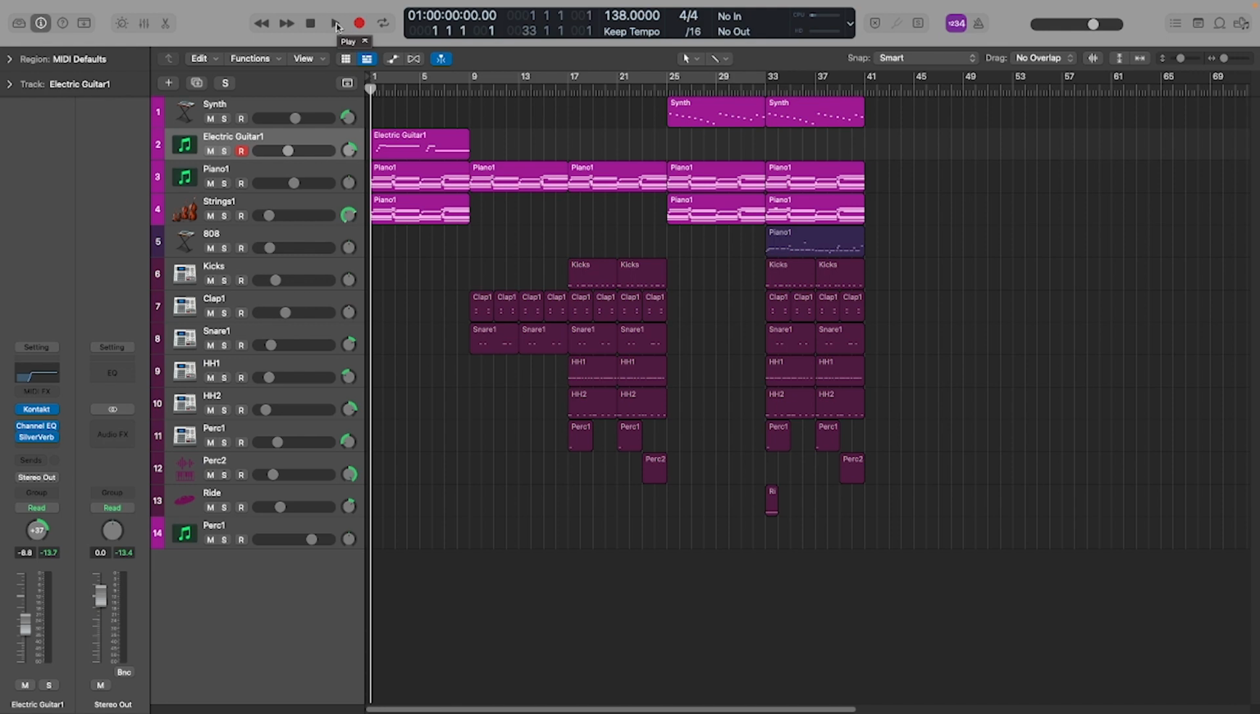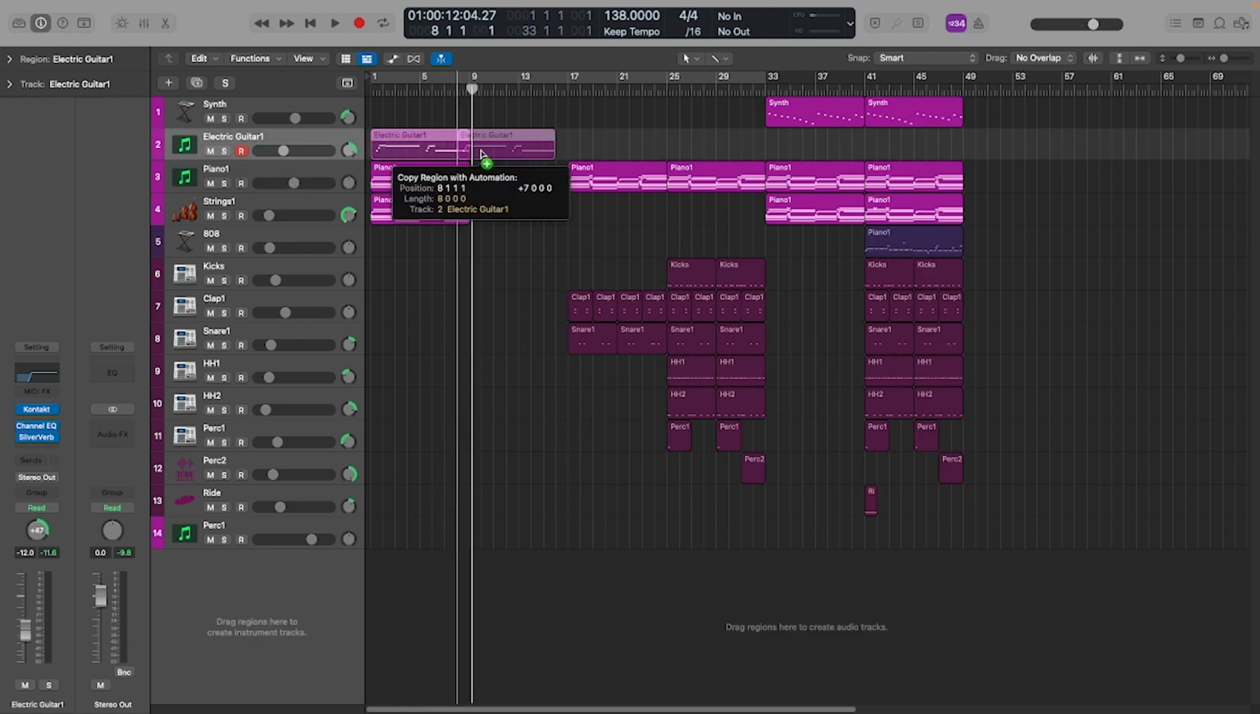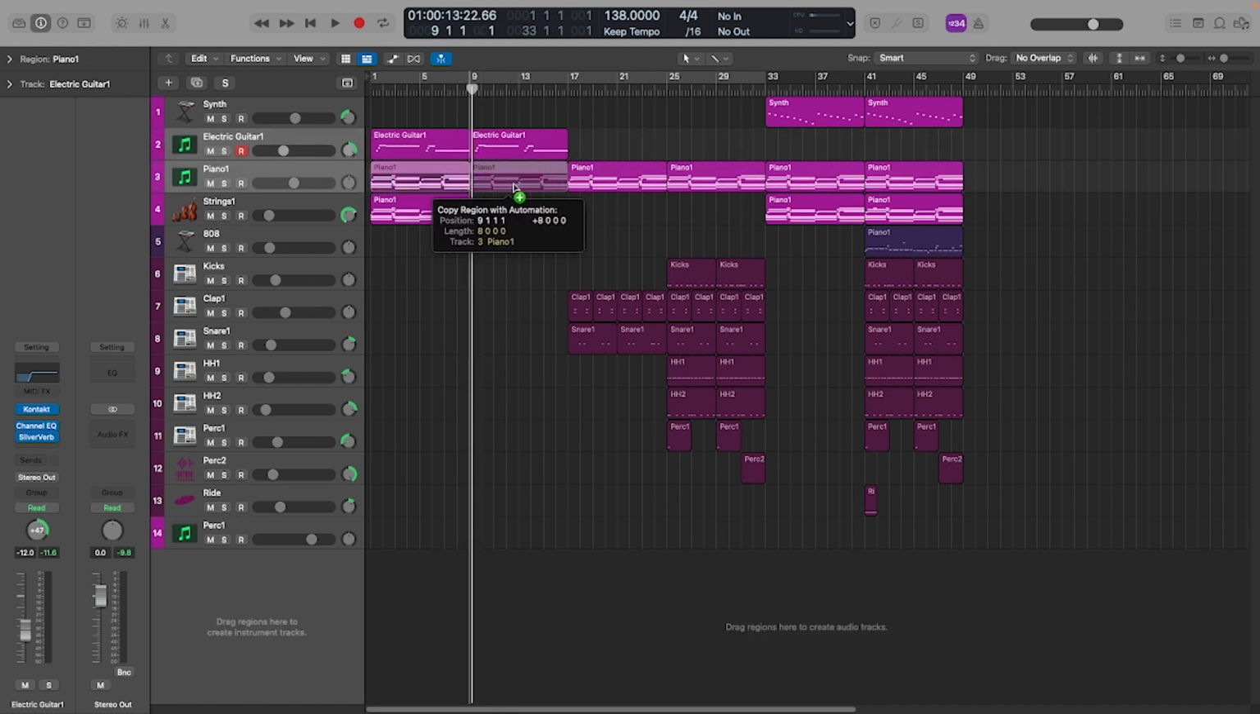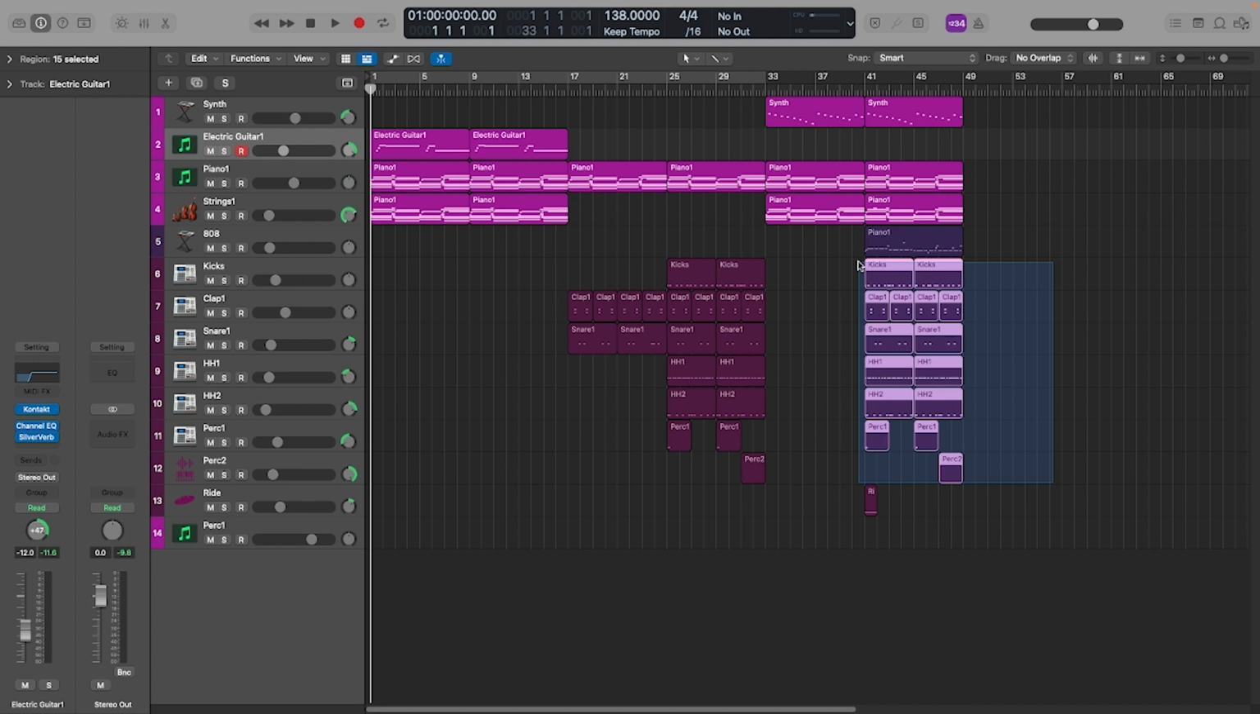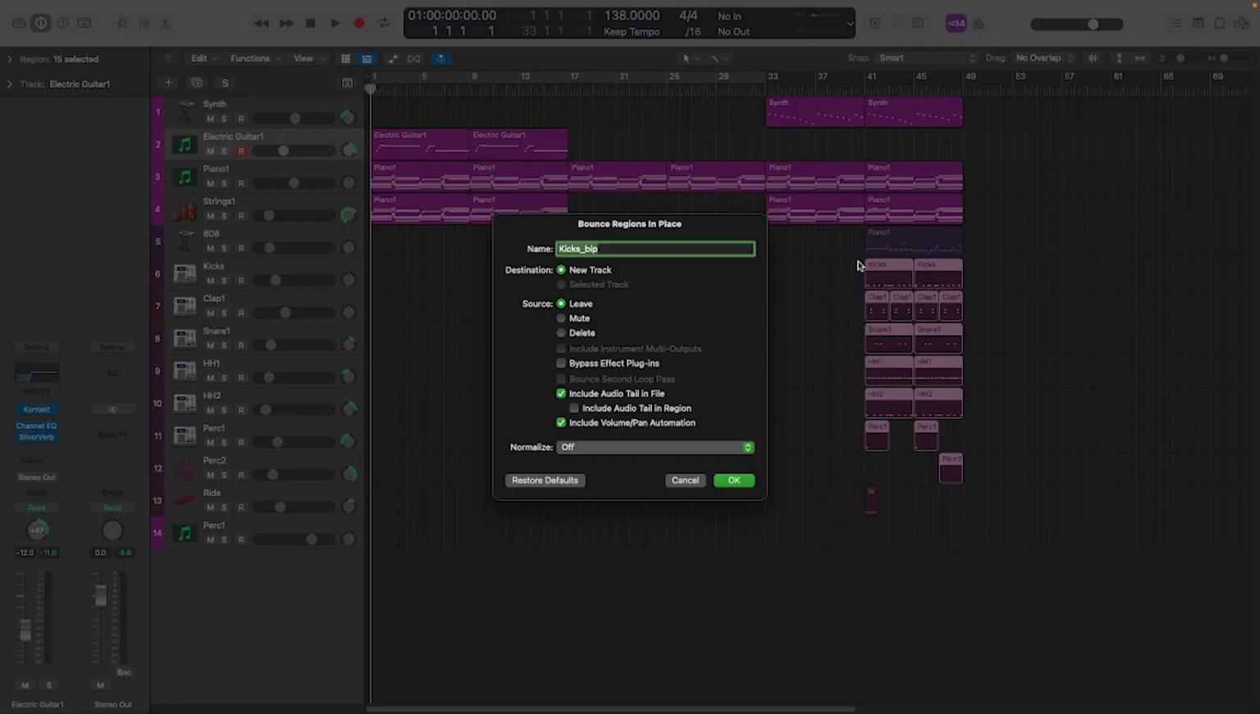Let's listen to it now. Alright, I'm gonna copy this part over again to extend the intro. Okay, so I'm gonna highlight all the drums right here. I'm gonna hit Control B, and that bounces regions into place. So I'm making the audio loop basically. So I'm gonna just label it as drums